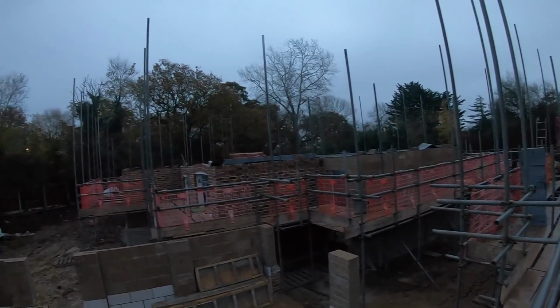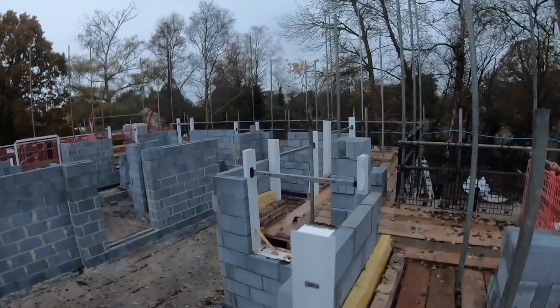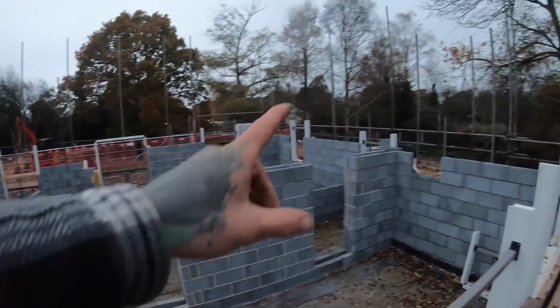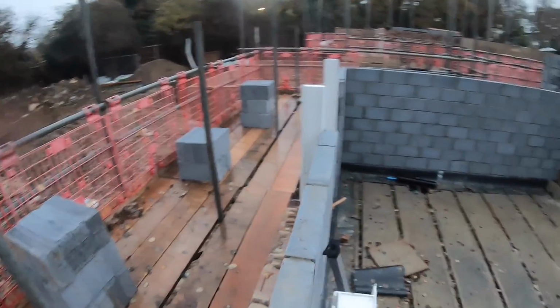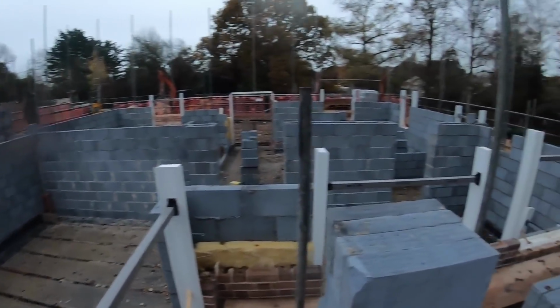So, we'll have to have a scaffold put inside in here to across there, because obviously the house will then turn to there to here. But yeah, I'm just going to find out the heights, and then we'll get loading it out for the right amount of bricks. Right, so this is plot 2, what we're on now to load out, and this is my